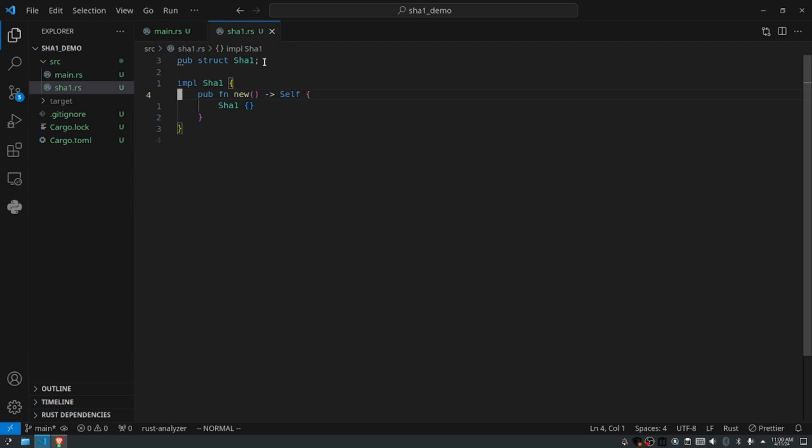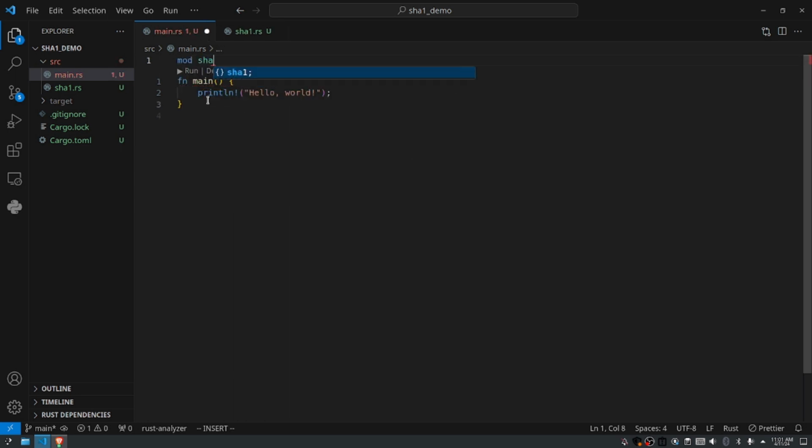What this does is it creates a function or a block of functions that will be associated with this. I make this public because I want to be able to access this function. We have this self variable here, and there's actually two selfs. There's a lowercase self and an uppercase self in Rust, and the uppercase Self is basically saying return an instance of this data type. So to see what that looks like, we're going to go ahead and